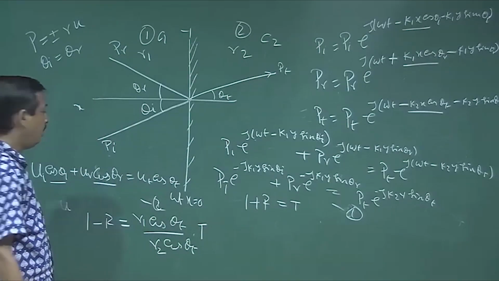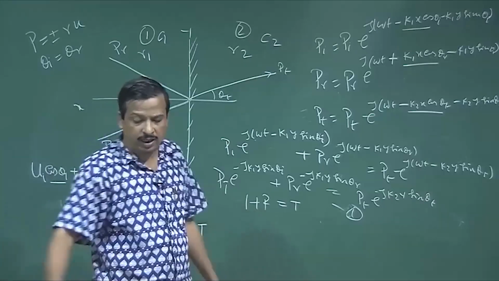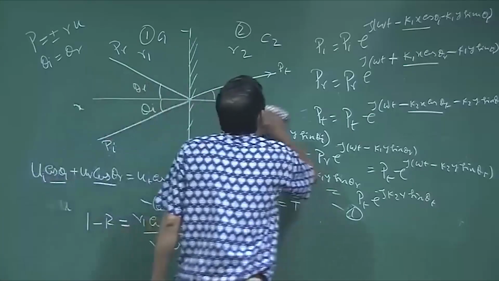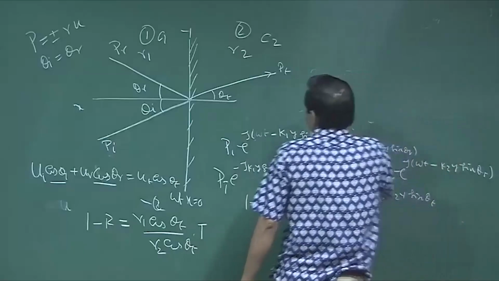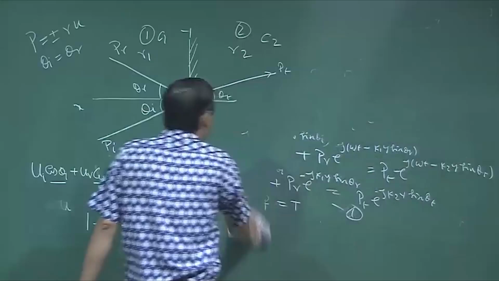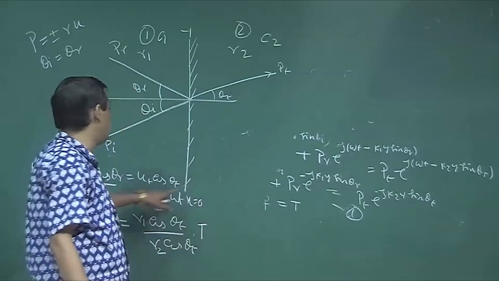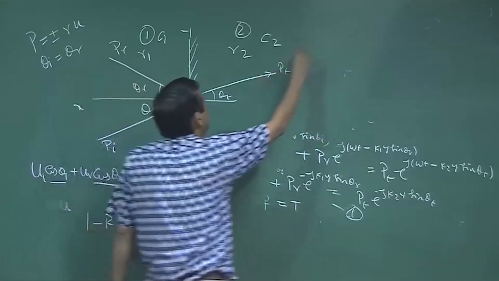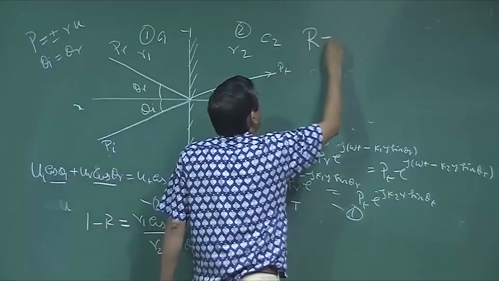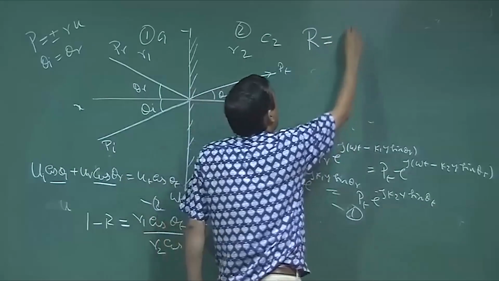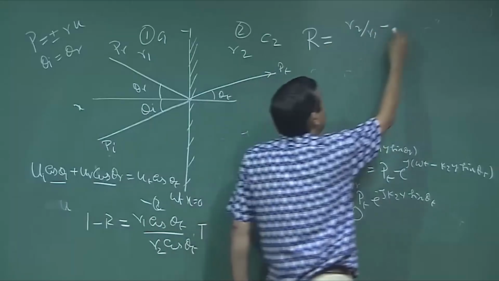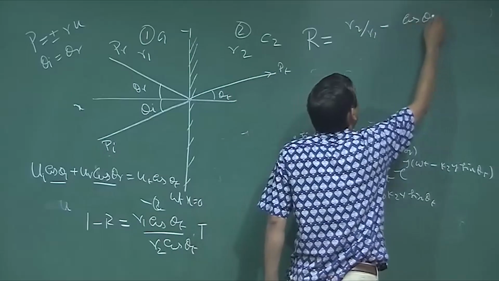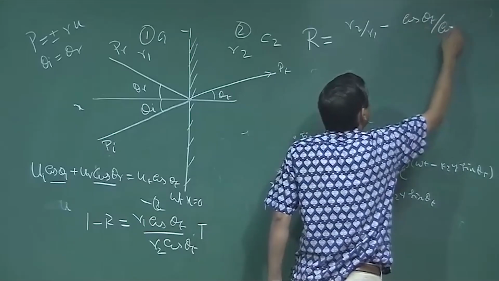Okay. So, from there I can find out the expression of r. You just simplify that yourselves. If you don't, then I can discuss in the discussion forum how to simplify this equation and derive it. Then I will derive that equation, r is equal to r2 by r1 minus cos theta t by cos theta